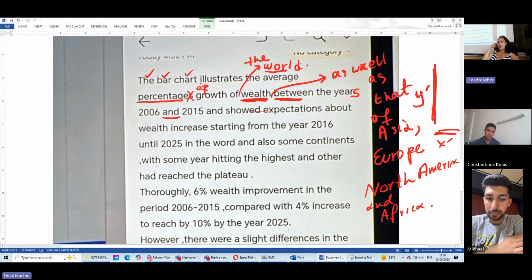So the phrase here is something that we see in the initial graph. So you shouldn't just say expectations about wealth, but expectations about something specific that you have already mentioned and spoken about. So expectations about the